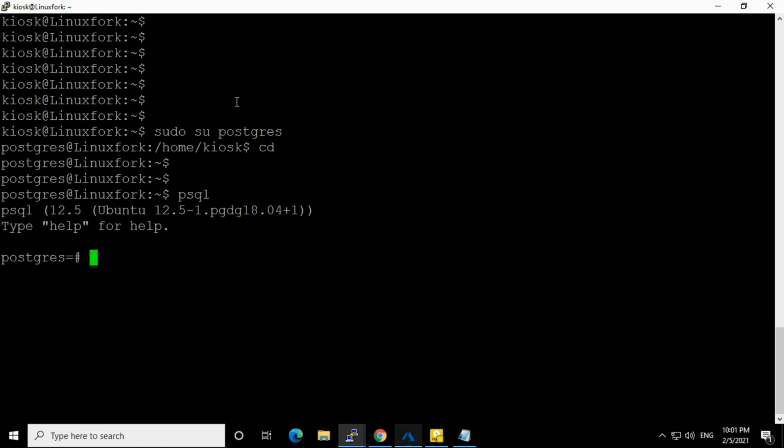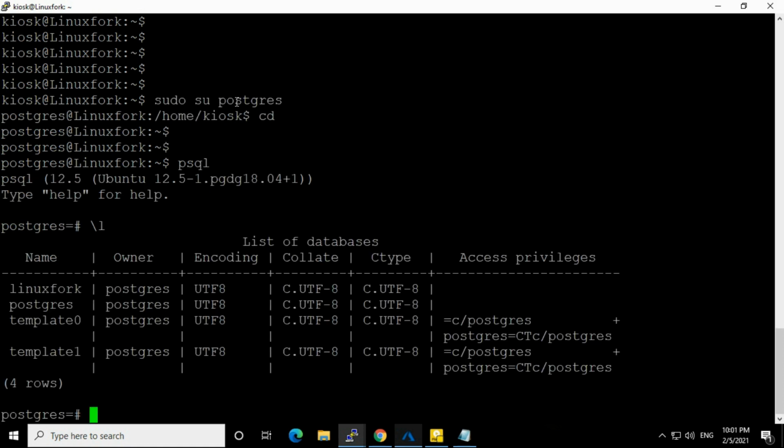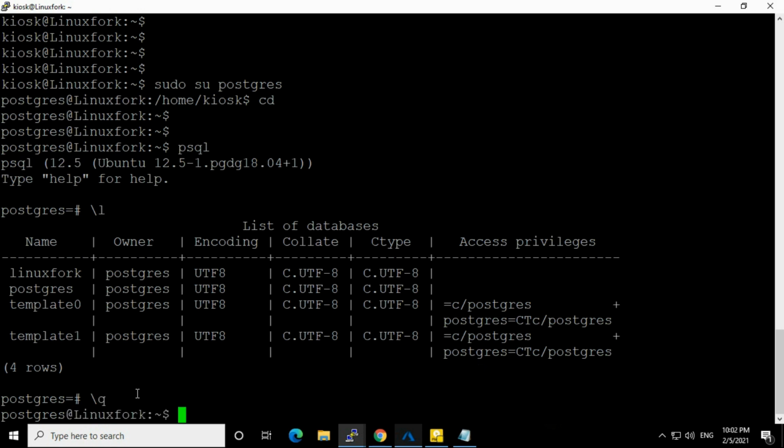Using this native command, we can connect to the database and we can perform the activity. As we can see, there is one database called Linux Fork. This database is present here and we are going to take the backup of this database. So just quit it.